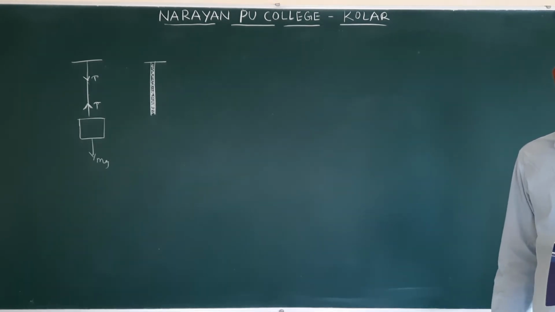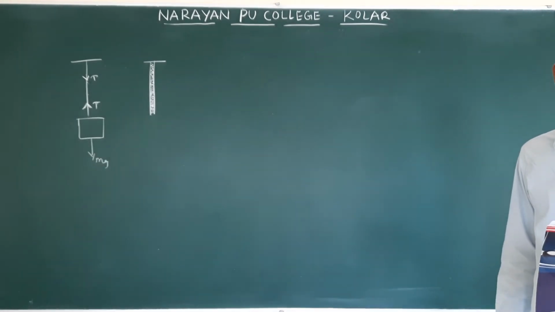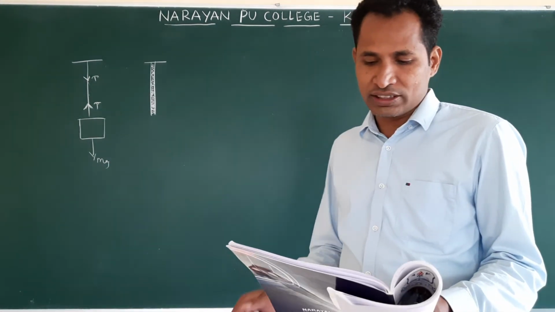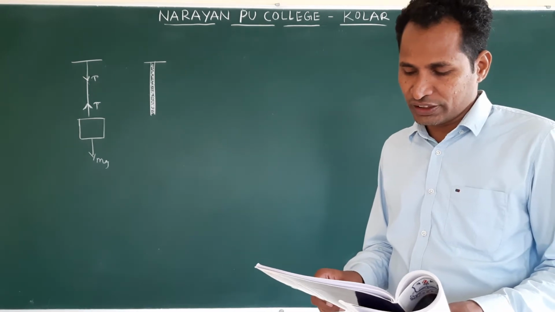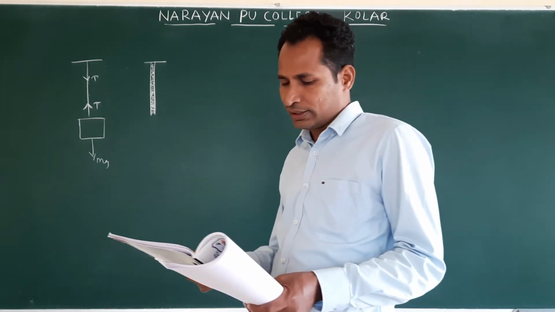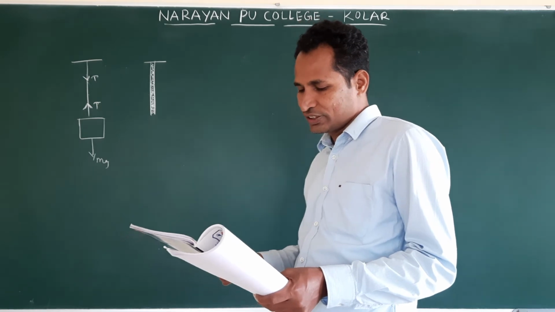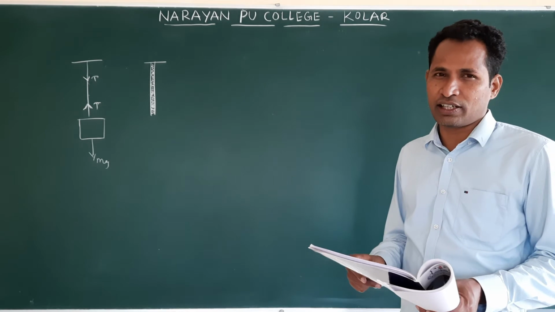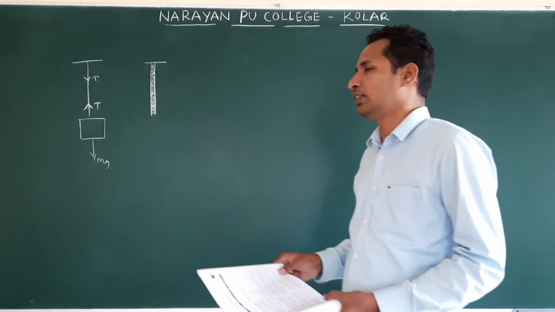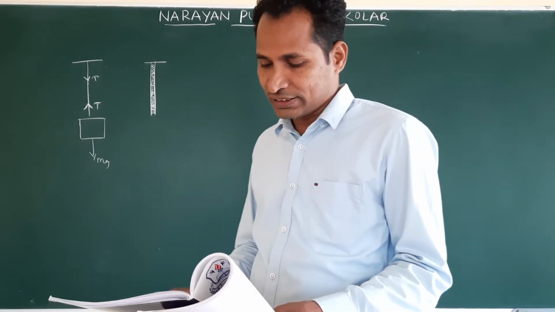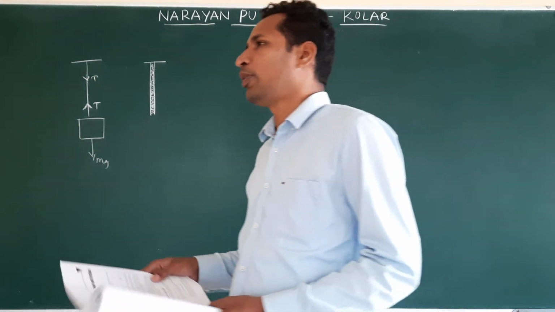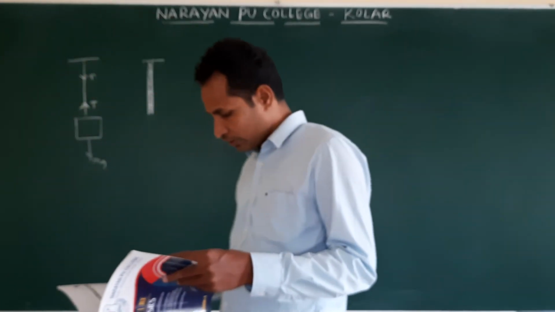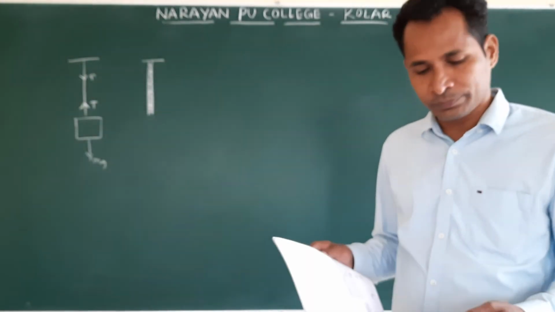So weight pulls due to gravity, already I explained. Force is a vector quantity, completely defined by magnitude and direction. The SI unit is Newton. Newton's first law: if the net force acting on the body is zero, it continues in a state of rest or in uniform motion in a straight line. F external is zero, the effect of all forces is zero. Then acceleration is zero, which means the body moves with constant velocity or is at rest. This is about Newton's first law.